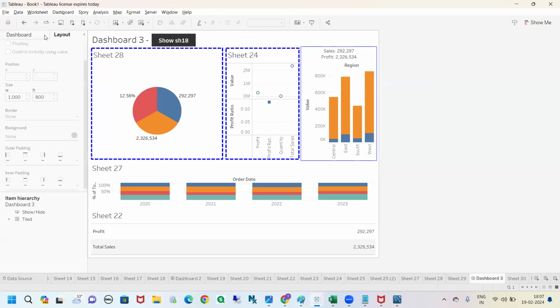So in the layout option, we'll try to see the options one by one. We have seen position, width, and height. We have seen border also. We will see background. What is the meaning of background? I'll select this sheet here, go to this layout option, and I can have some black color